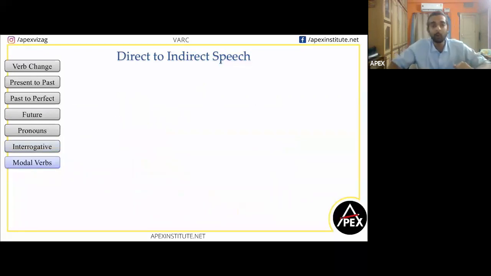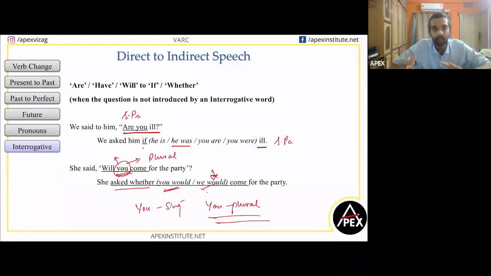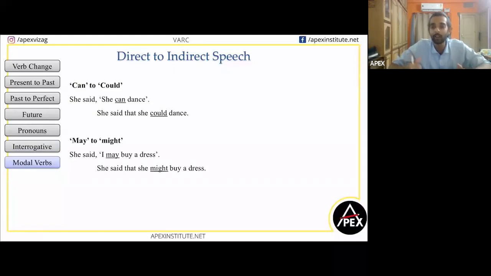All right. Next one, modal verbs. You guys know what modal verbs are. Remember the other day, you guys were asking me when can we use should, could, and all. Would, should, could. And I told you they are the same words that express ability, but they are used in different contexts, right? So these are a few of the contexts that you can use them in. Yeah. So whenever you have can, it changes to could. But if you have could, it does not change. Could remains as could.